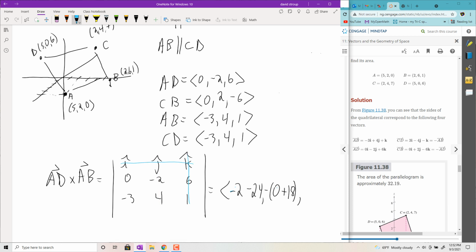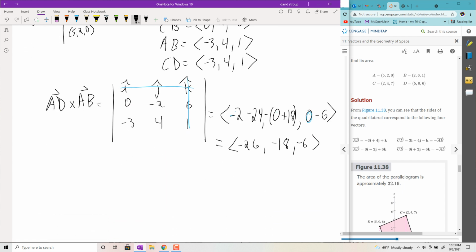So 0 times 4 is 0. Minus negative 2 times negative 3 is positive 6, and minus 6. So this will be negative 26, negative 18, negative 6. And then we need the magnitude of that for the area of the parallelogram. So AD cross AB